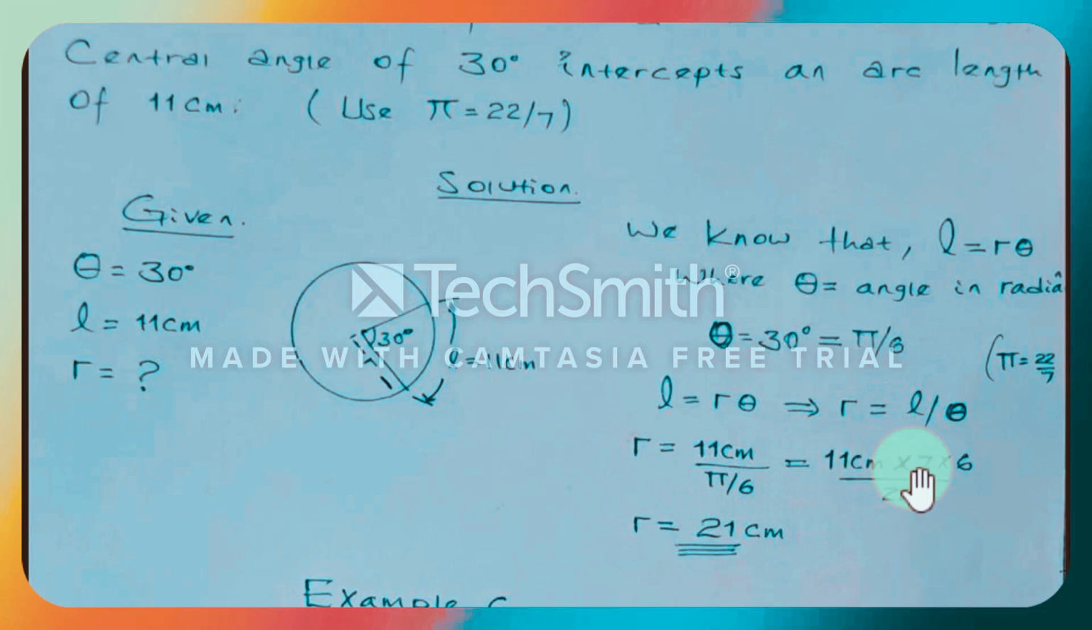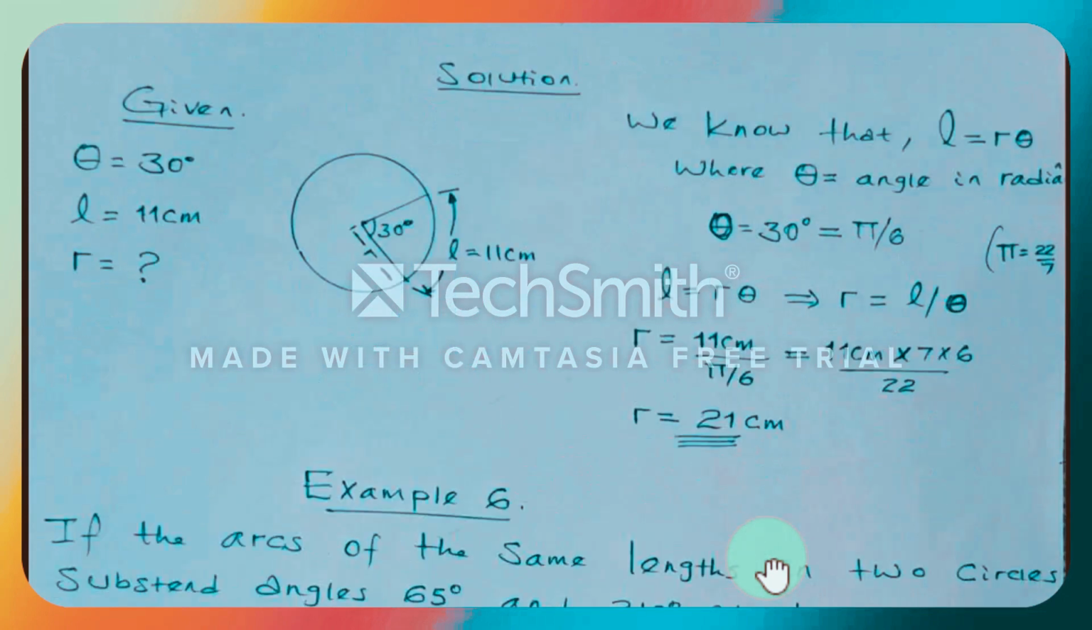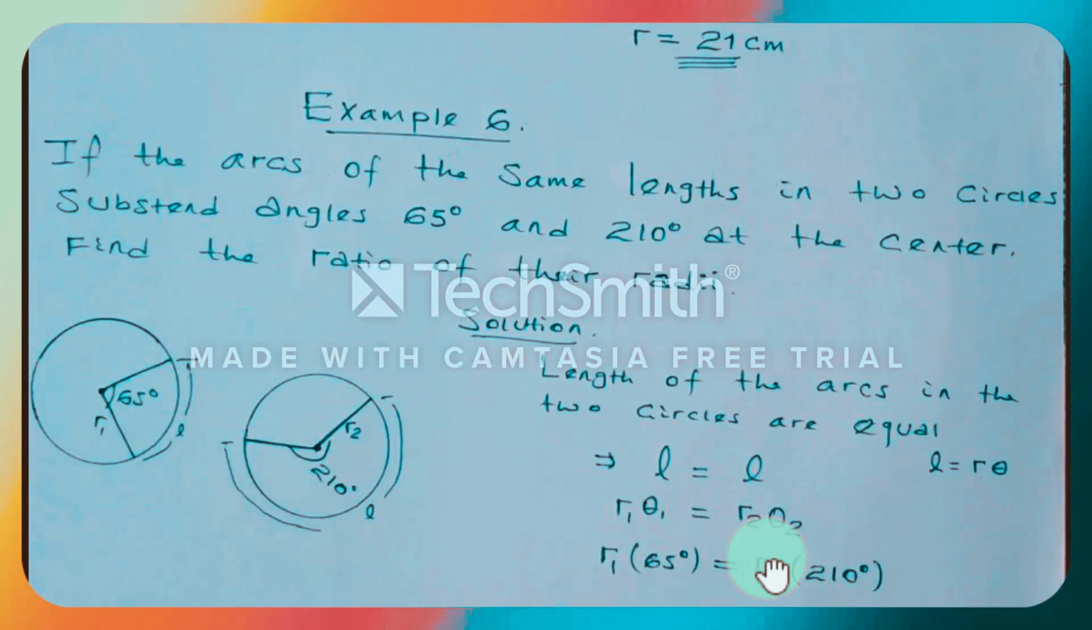11 ሴንቲሜትር ታይምስ ይገለበጥና 7/22ኛ እናባዛለን ማለት ነው። ሲባዛ በ6 ሲካፈል ለ22 ሬዲየሱ ስንት ይመጣል? 21 ሴንቲሜትር። ስለዚህ ሴንትራል አንግሉ 30 ዲግሪ የሆነ እና የአርክ ሌንግዙ ርዝመት 11 ሴንቲሜትር የሆነ ሰርክል ሬዲየሱ ስንት ነው የሚሆነው? 21 ሴንቲሜትር ይመጣል ማለት ነው። ኤግዛምፕል 6 if the arcs of the same length in the two circles have stand